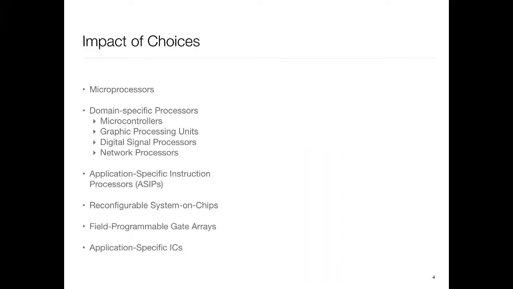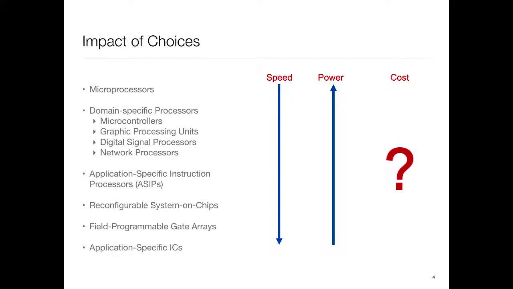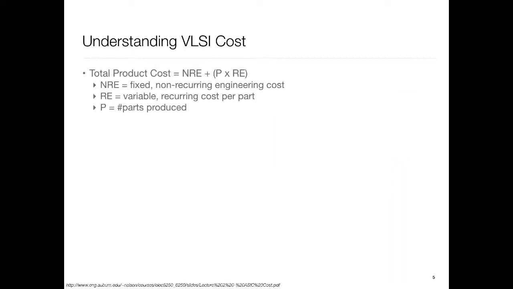One other thing is that your choice is also dictated by the absolute performance requirements, right? We know the performance is better at this end. So for some applications, it could be that cost aside, I just cannot do it out here. Of course, that's a hard constraint. But there are lots of applications where microprocessors and domain-specific processors are perfectly fine from a performance perspective,